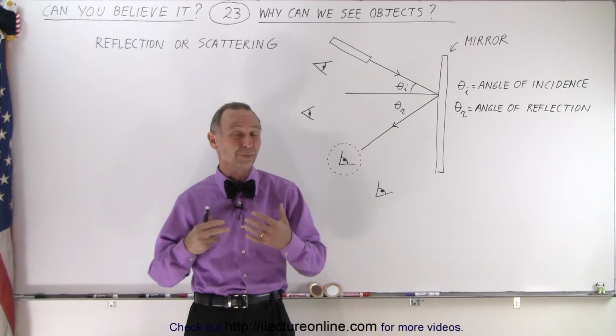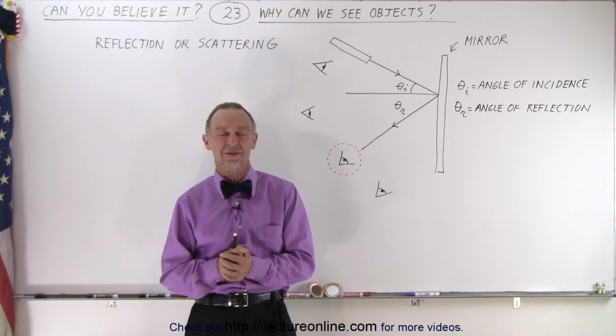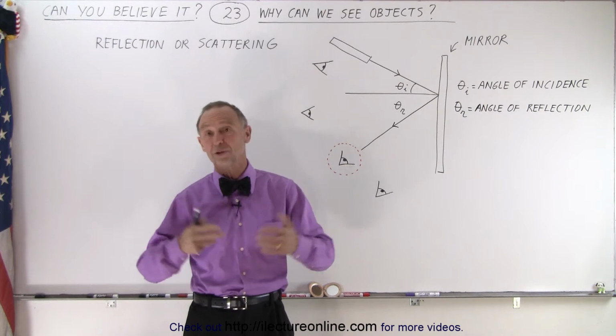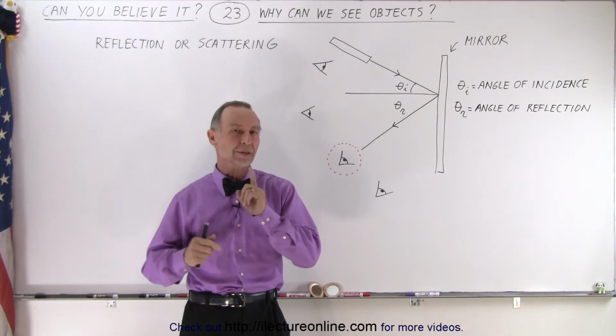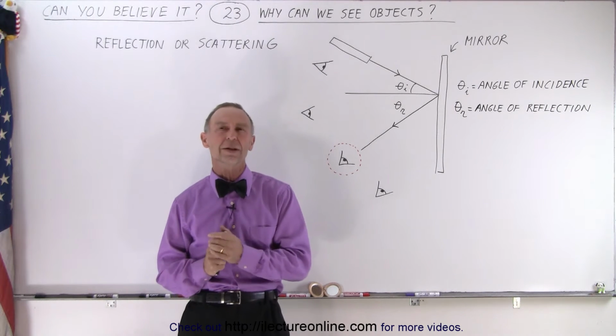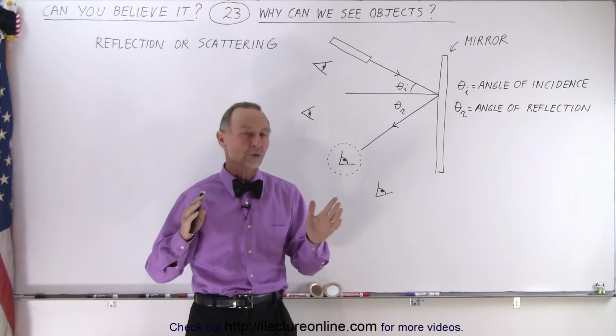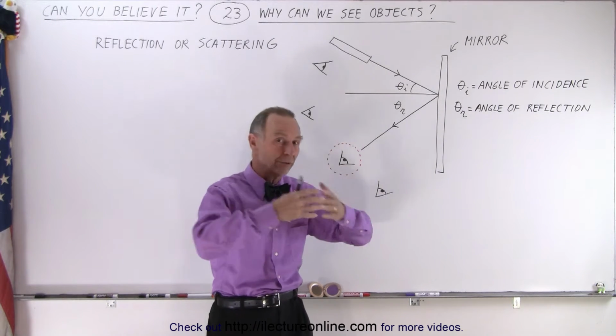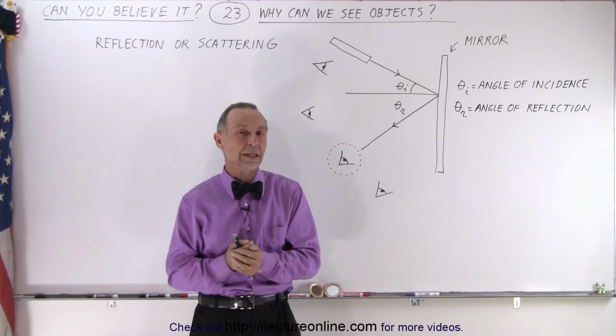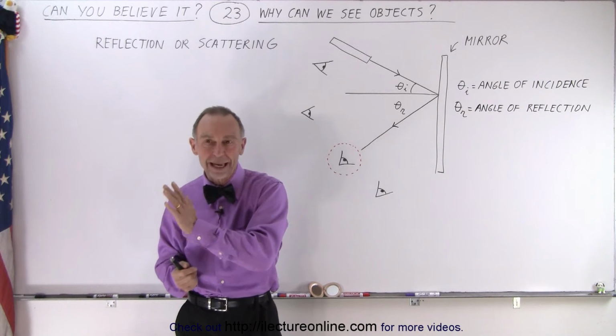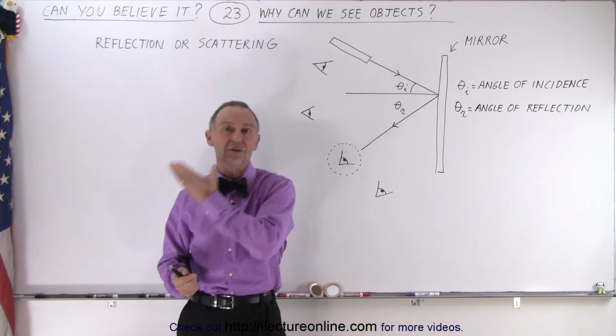So here we're going to explore why we can see things. And you wonder, well, why is he even asking the question? We just open our eyes and look around and we see things, but we can only see those objects around us if the light from whatever source we have, either artificial light or sunlight, wherever the light may come from, hits the object, and then somehow that light ends up in our eyes.